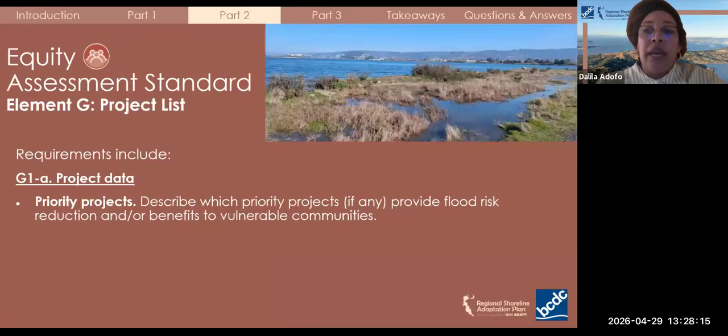The result of doing the equity assessment for all of the elements up to this point is a creation of projects that reflect and prioritize the vulnerable communities that you're working with. For element G, we are asking you to put all of that hard work and collaboration into a list of priority projects, which will provide flood risk reduction and other benefits for vulnerable communities.